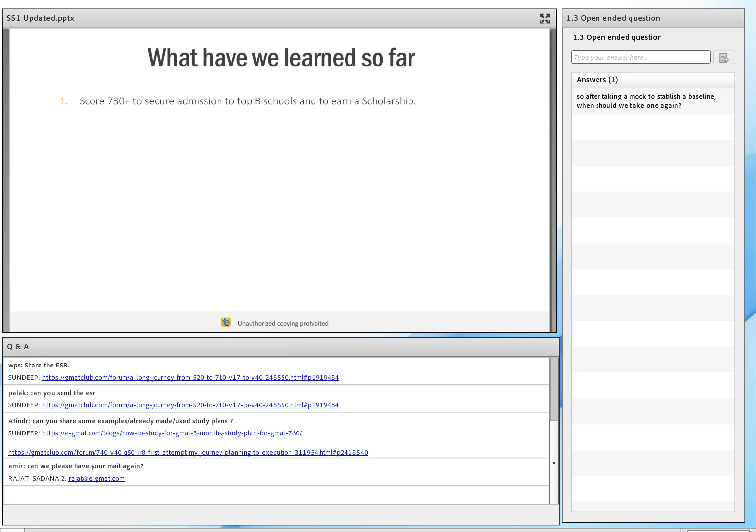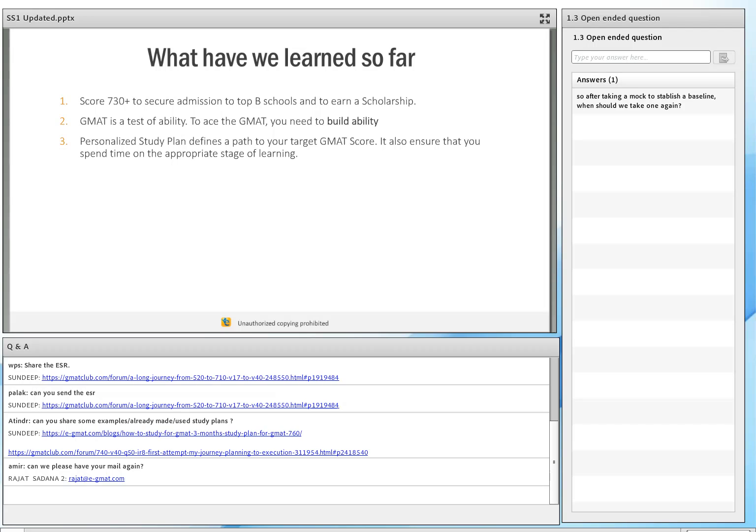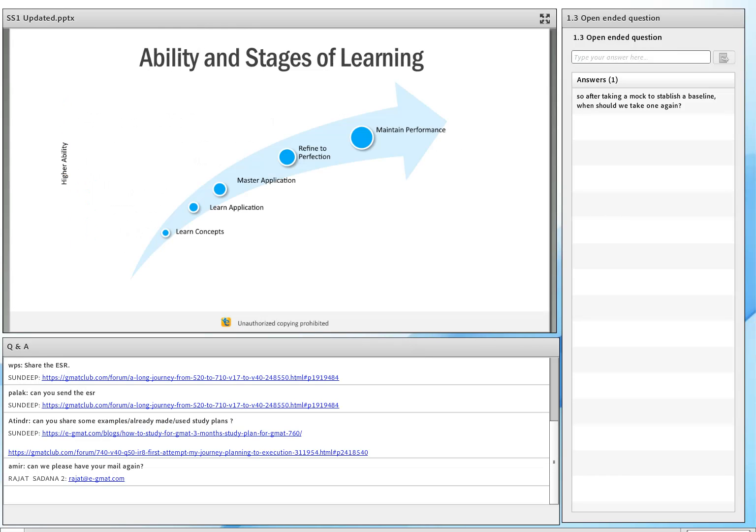Okay, so what have we learned so far? Really important: you need to get to that high score. The second thing we have learned is that when it comes to acing the GMAT, you need ability. The third thing we have talked about is the value of that personalized study plan. And the fourth thing is the 4 stages of learning. And then you have that 1 stage of retention where you maintain your performance. And just to summarize this,